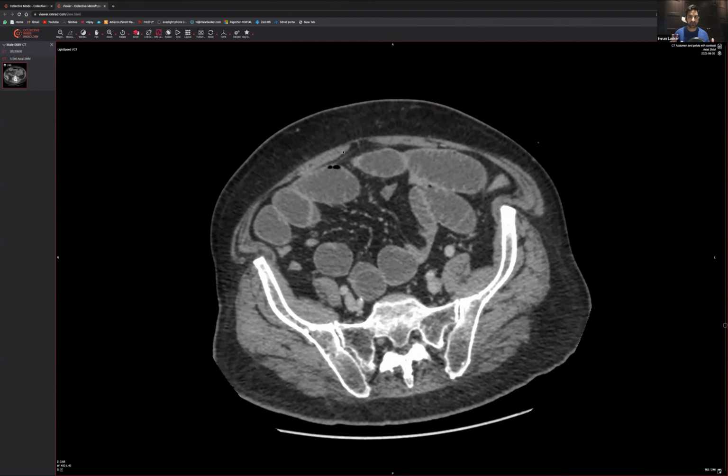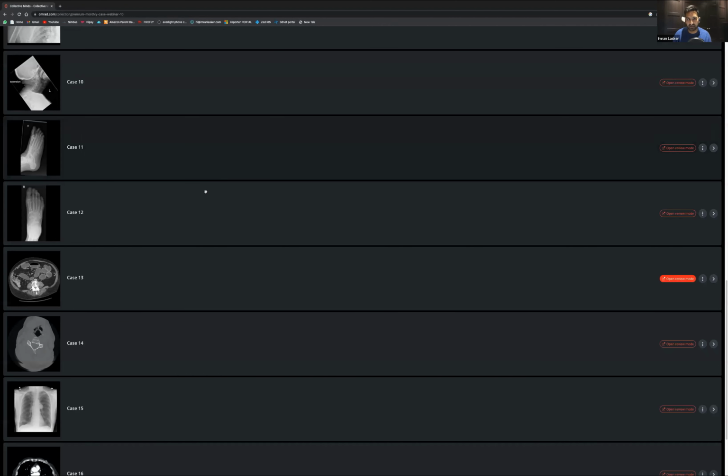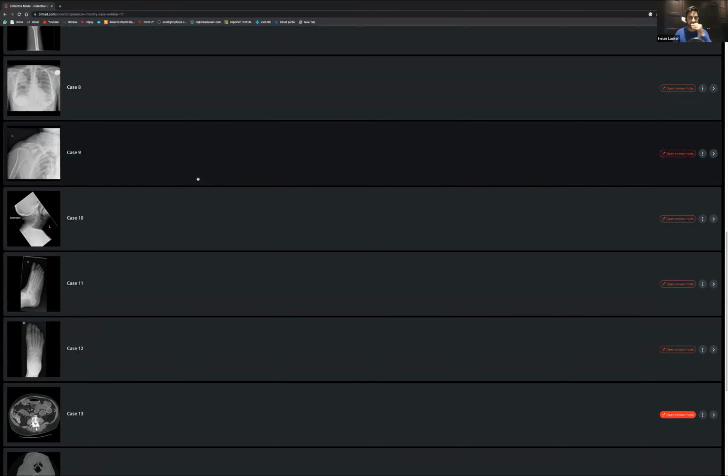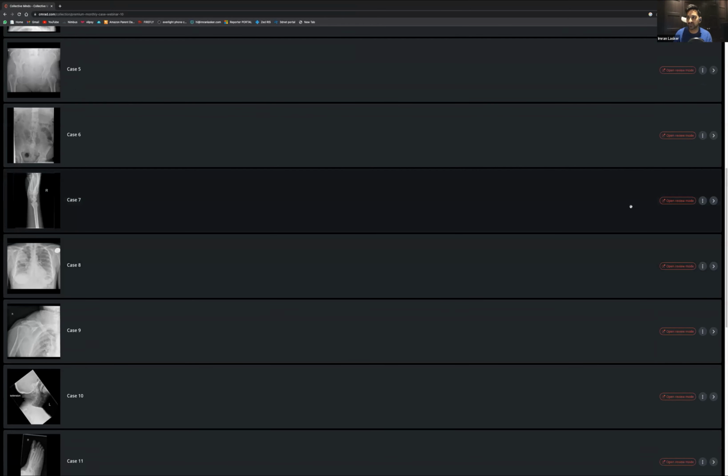Even if there wasn't a gallstone, if there was a transition point there, you'd have to say in your report, there is a transition point located within the left lower abdomen. And if you can't see a gallstone, you may have to say you're not entirely sure what that is. It could be previous surgery, which can cause that kind of thing, and stuff like that. Right. So we've been through case number 6.